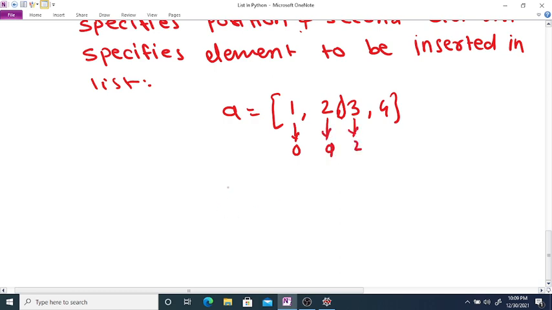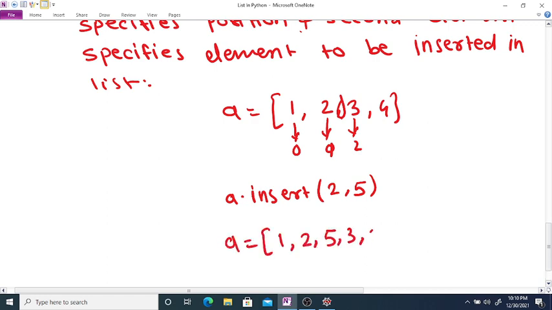So at position 2 you use a dot insert, the first argument is the position 2 and the element is 5. If you print a, your new list is modified to 1 2 5 3 4. So this 3 is shifted to the next place, and 5 is added in the place of 3.